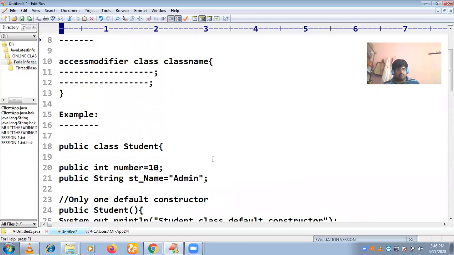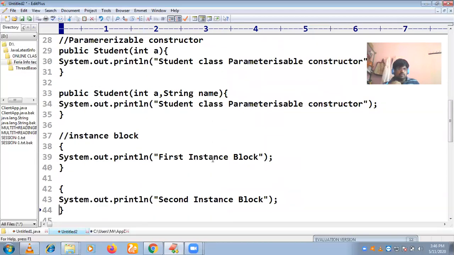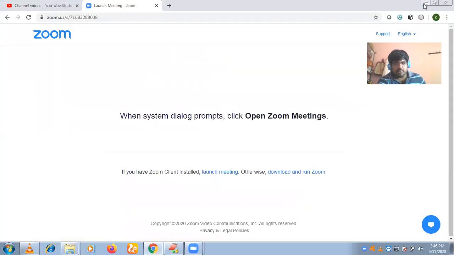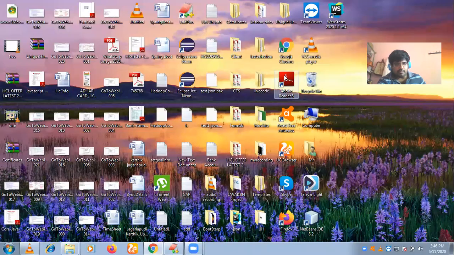So we can see how this program is going to work. I would like to explain this program with respect to Eclipse. First of all, once you install Eclipse, you will get a shortcut like this. Just double click on it.